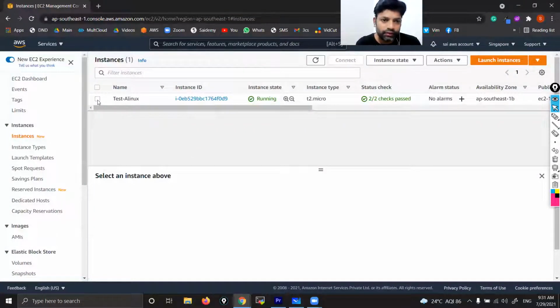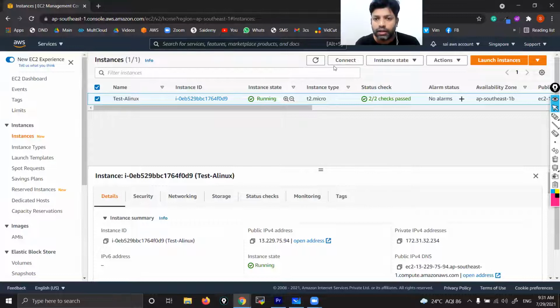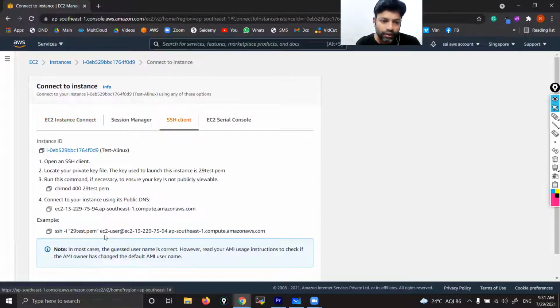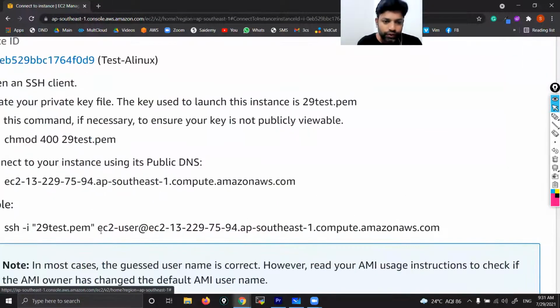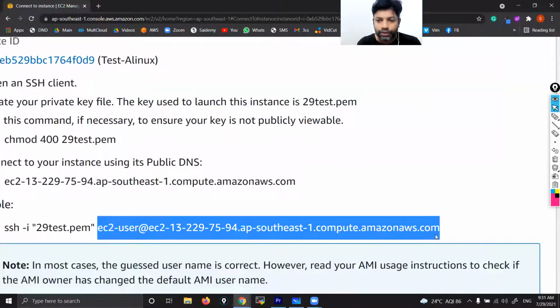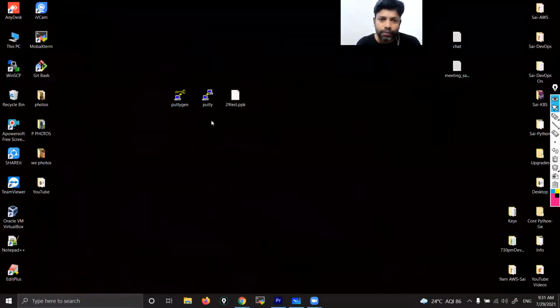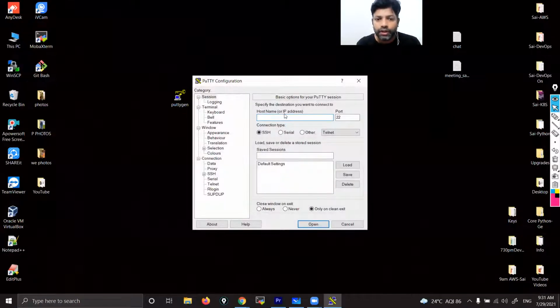How to access? Select that instance. Click on connect. Now here you can see SSH client. Under the example box, you can see username at the rate DNS name. Copy username at the rate DNS name and open the PuTTY tool. In the host name box, paste username at the rate DNS name. Then we need to upload that PPK file.